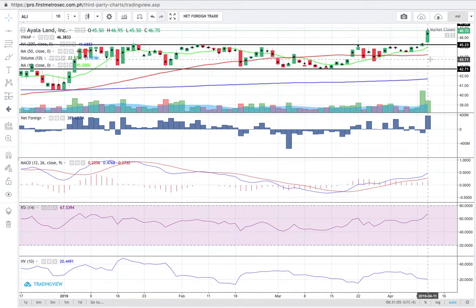So one criterion is already present. Two criteria are actually present, and volume is also registered above its 10-day volume average. Later on, we will find out if the fourth criterion is also present by checking the price and volume distribution charts. But for now, I'd like to make some comments that foreign investors bought about 386 million pesos worth of